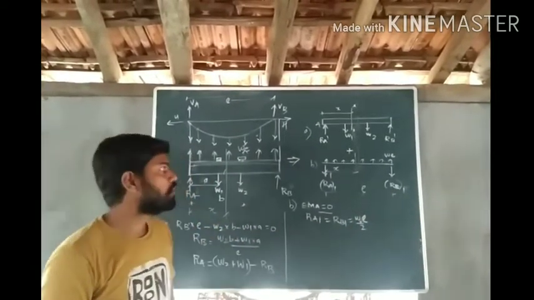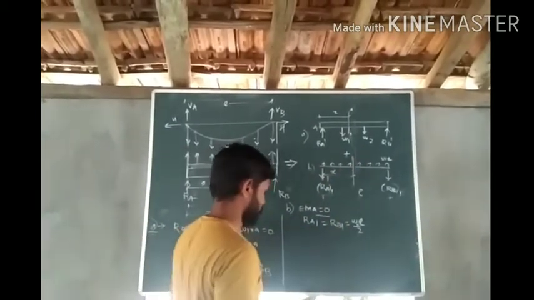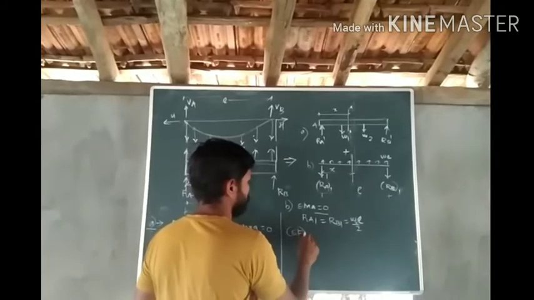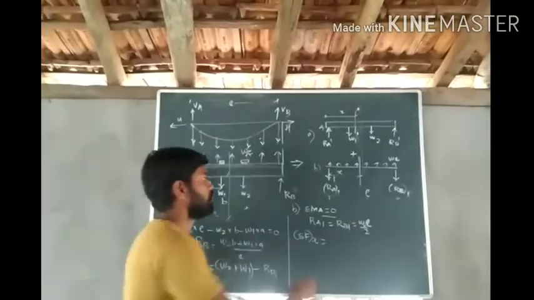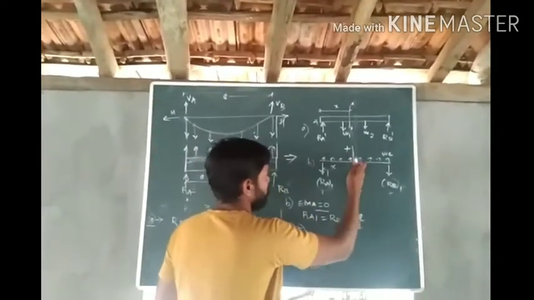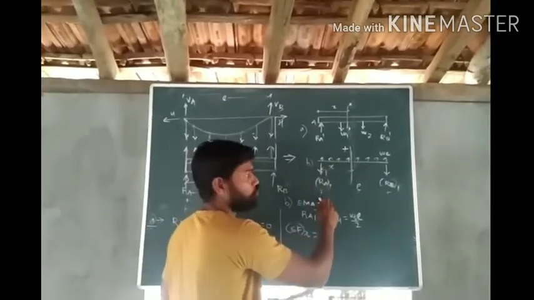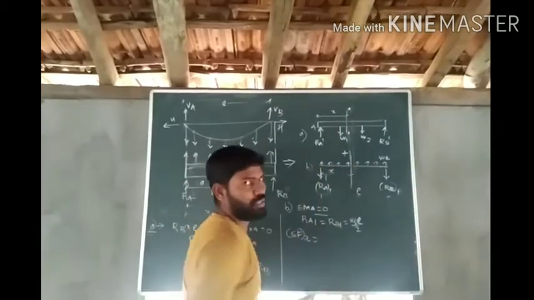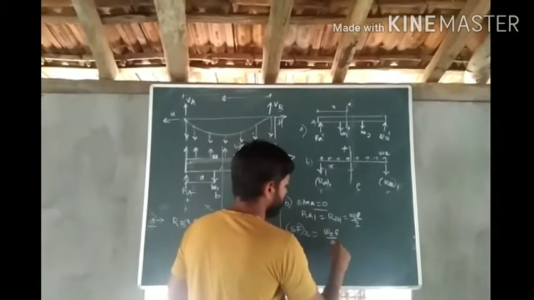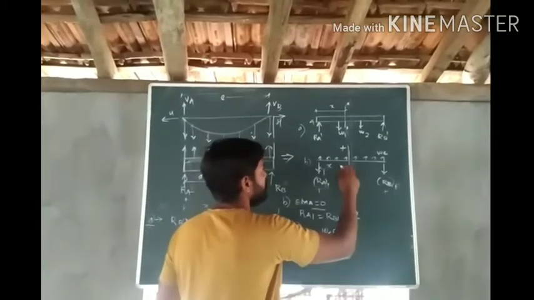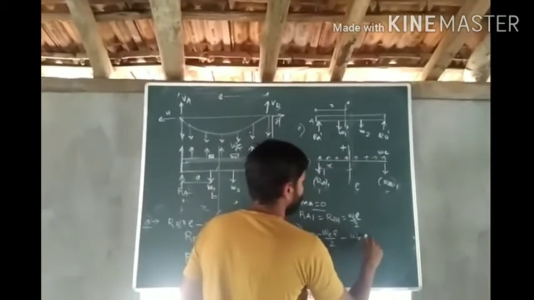Now suppose I want to calculate the shear force at any location X. How will you calculate the shear force at any location X? This is my section, and I have to calculate the shear force at this location. How many forces are there on the left side? This RA, which is downward, and this WE multiplied by X, which is upward. So RA1 is WL by 2, which is downward, so I will write it minus, and this WE multiplied by X, which is upward,